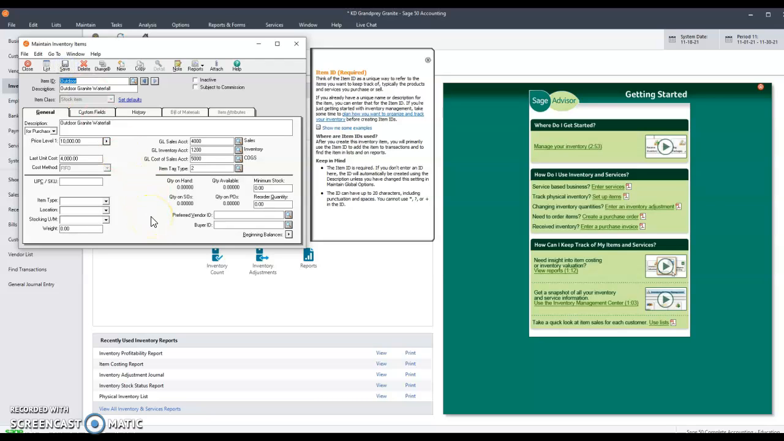Okay. So now we've got those both in, and we can go ahead and put in the beginning balances, how many of each of these